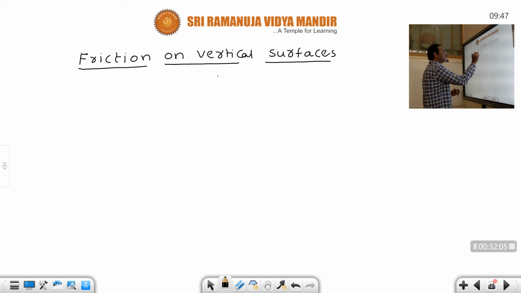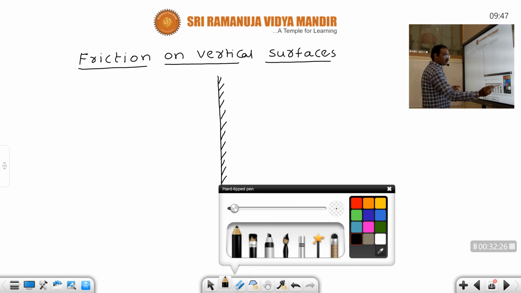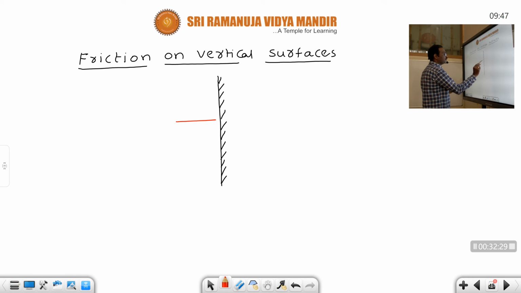Here, see this. This is a vertical rough surface. An example is when we rub the board with a duster on the rough vertical surface by applying some force, and move the duster like this. That is friction on vertical surfaces. Let us see now, there is a block of mass m kept on a vertical surface. This block will not hold, because without applying any force it will fall down with an acceleration a equal to g. That means the weight of the block, mg, acts in vertical direction.